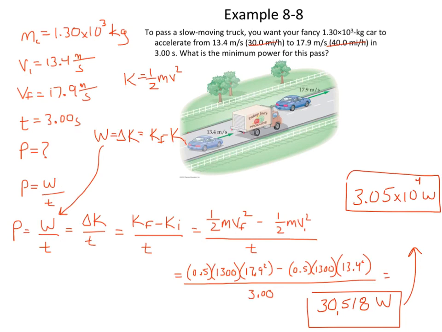But that's a lot of watts right there. That's a lot of power for your car to go from this velocity to that velocity and drag the whole mass of the car, and probably its occupants too, with it. So that power is 30,000 watts. That's a good use of power being work over time. It's also a good use of our work-kinetic energy theorem. Work is a change in kinetic energy. Put that over time, and that gives you the amount of work done per time, which is our definition of power.